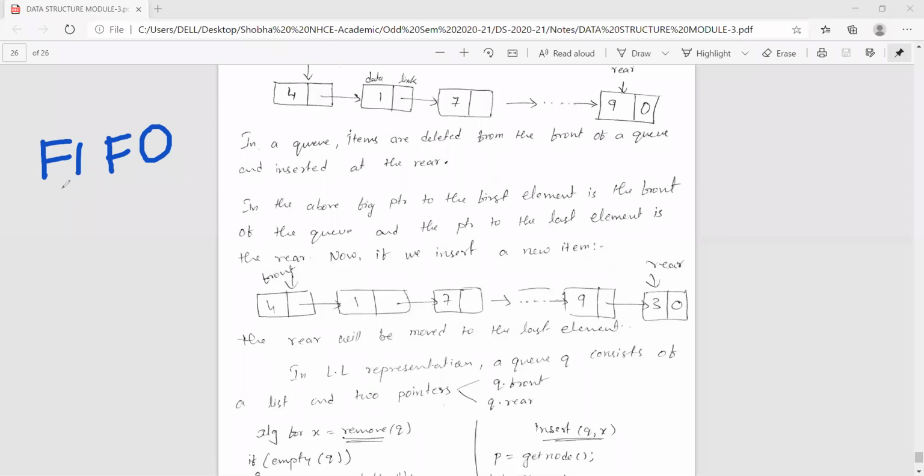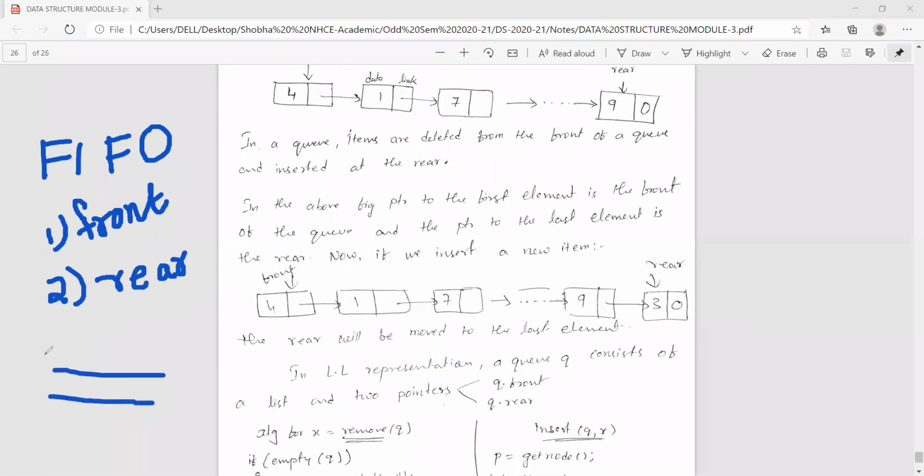Anyway, queue implements first in first out logic, and here we have two pointer variables. What are the two pointer variables used in queue? Please tell me. Front and rear. We were using front and rear. So insertion happens using which end, ma'am? In a queue, basically insertion should happen at rear.